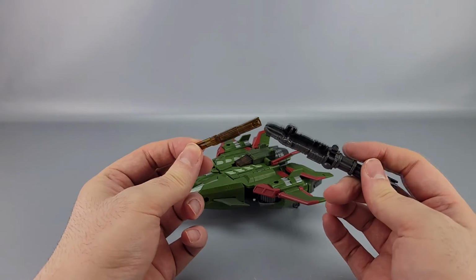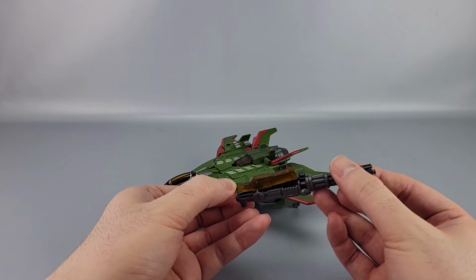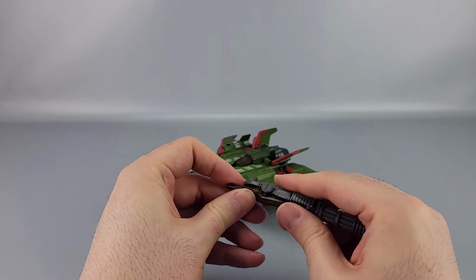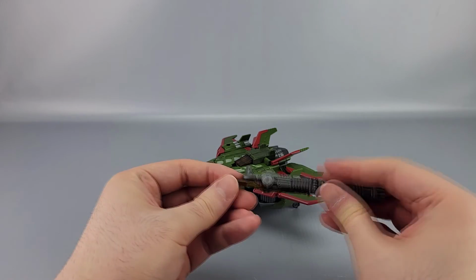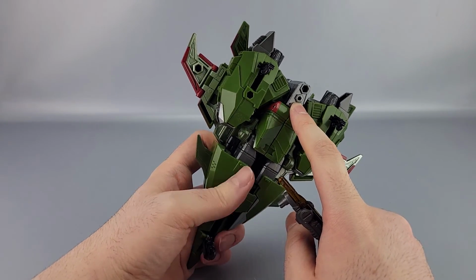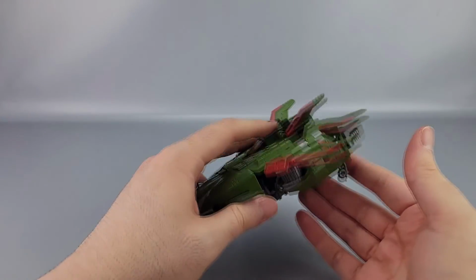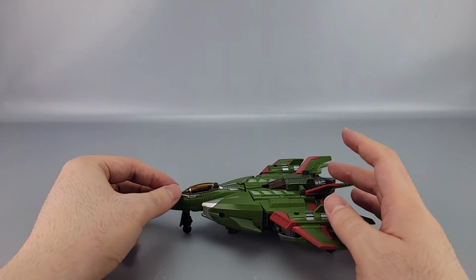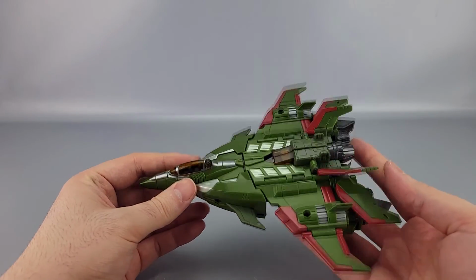These can store in the vehicle mode. You just take this thing and it will slot in right here. Do it upside down, slot in here like that. And then this can peg in. There's a peg hole right there and a stage port if you want to use the flight stand. And yeah, you can plug this in right here. Although when you do this, and then that's stored nice and underneath, it's very weird because now it's a little wobbly, but hey, it still stores. So yeah,